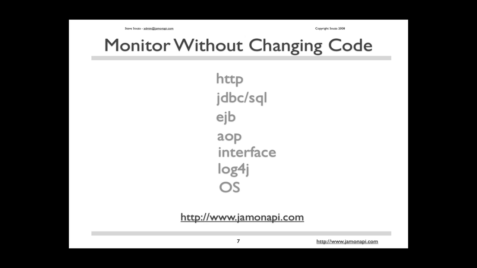Log4j monitoring allows you to see statistics like how often fatal, error, debug, etc. are called. You can also use JAMon listeners to tail the Log4j log and view it via the JAMon War. And finally, there is operating system monitoring. This allows you to make calls to JAMon from your Unix Linux